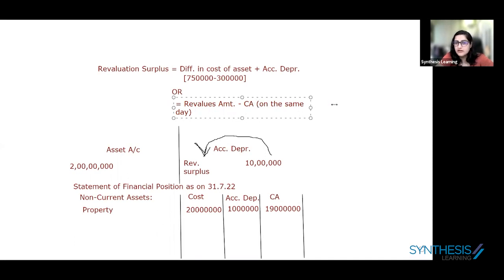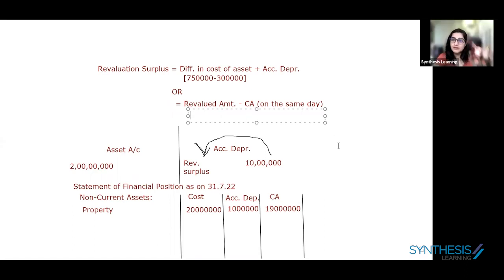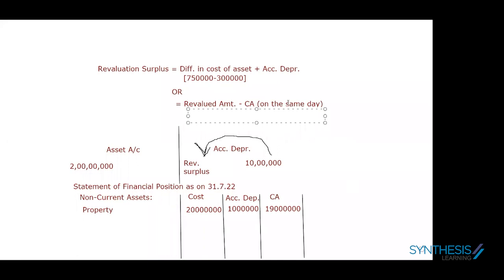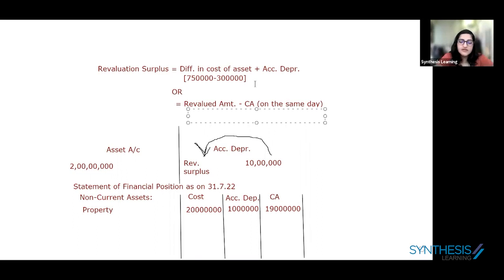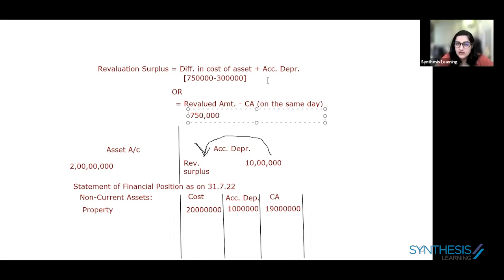ठीक है, ये मेथड से ट्राई करें एक बार, क्या आंसर आता है। रीवैल्यूड अमाउंट कितना है, how much does he want to revalue the asset to? 2 crores। वो तो मेरे एग्जांपल में था, गो बैक टू द टेक्स्ट बुक जो मैंने ऊपर लिखा है। 4,50,000। रॉन्ग। व्हाट इज द रीवैल्यू? 750 है। Okay, 750,000। गॉट इट नाउ तनिष? Yes। ठीक है, जो हमने यहाँ भी लिया था देखो, 750 माइनस 3 लाख किया था ना। Yes। तो रीवैल्यूड अमाउंट इज 750।